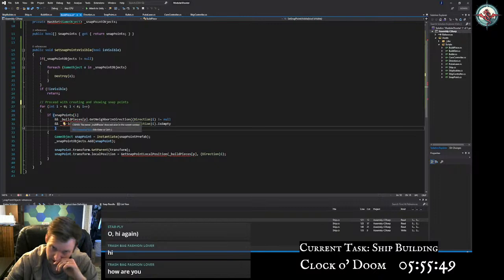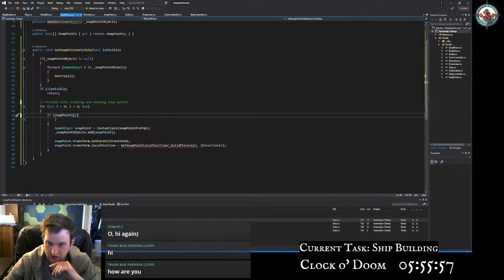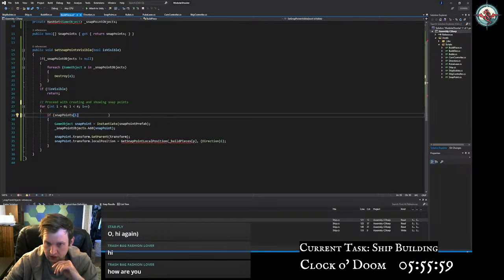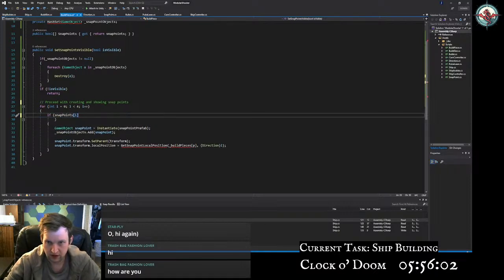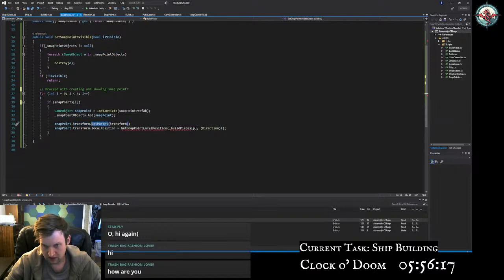So for each direction, if there's a snap point in that direction, and there's no notion of neighbors on pieces that are just detached. This is purely just this piece showing a visualization of its own snap points. Doesn't care about neighbors or anything. So if there's a snap point in that direction, instantiate one, add it to the collection so that we can delete it later if we want to. Parent it to myself and then set its local position